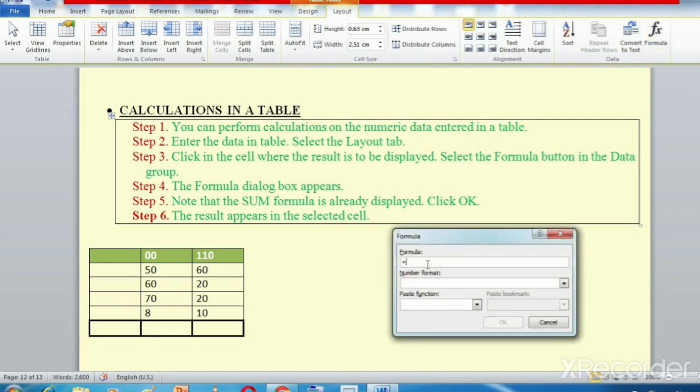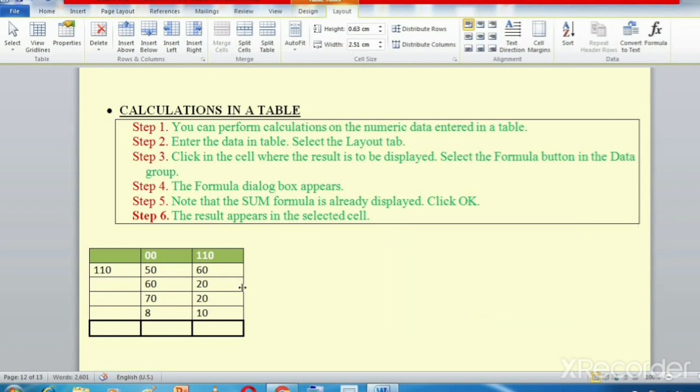No problem, we will write the formula. The formula will always start with an equal to sign. Even if the formula is not displayed, we can write it on our own. We'll start with equal to, then type SUM, then the bracket, then type RIGHT, close the bracket, and click on OK. See, 50 plus 60 is 110.